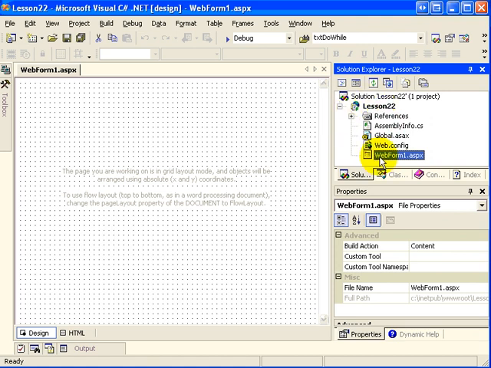Now, of all the files that are created for you automatically, you'll have just one web page to start off with, webform1.aspx. The first thing that I like to do is rename this file, because whenever I'm running a website, typically the first page that will be used is default.aspx. This means that if I were to type in, for example, www.learnvisualstudio.net, what page comes up? Well, Internet Information Services is mapped to load the default.aspx page first. Sometimes people use index.aspx or index.htm or default.htm, whatever you choose to do, but typically I like to rename the